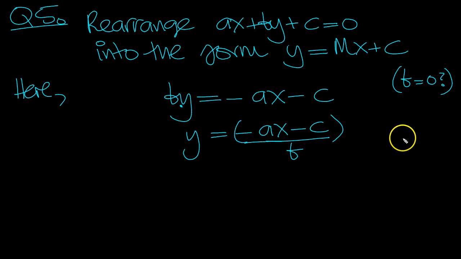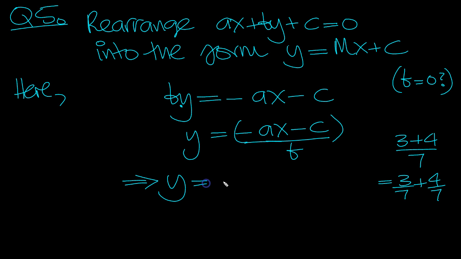Now the thing is, if I had 3 plus 4 over 7, that would be 3 over 7 plus 4 over 7. So that's the rules for fractions, isn't it? You can split it up like that in terms of simple numbers. Well, it's no different here in principle. So this tells us what y is then. Minus the first thing over what's underneath,